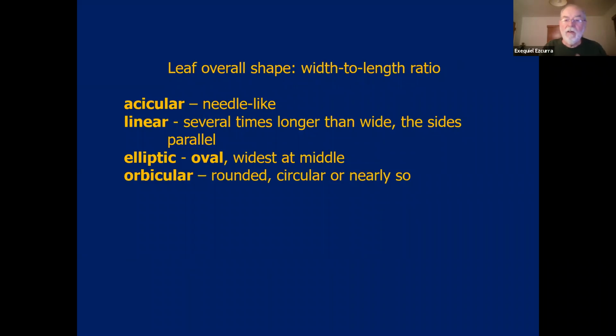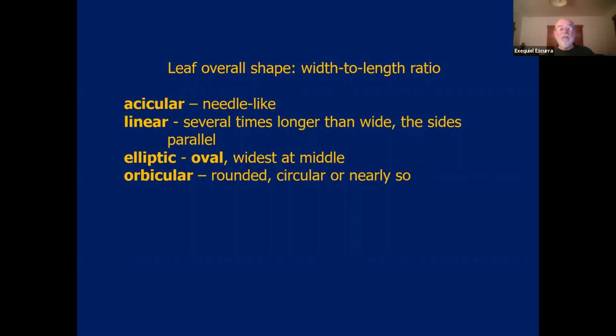Leaves can be classified according to a number of traits. One easy one is the overall shape, how wide it is in relation to the length. If the leaf is like a pine needle, it's called acicular. The leaf is needle-like. It's very, very narrow in relation to the total length. If the leaf is elongated and with parallel venation, several times longer than wide, and the sides themselves are parallel, then the leaf is linear, like in grasses